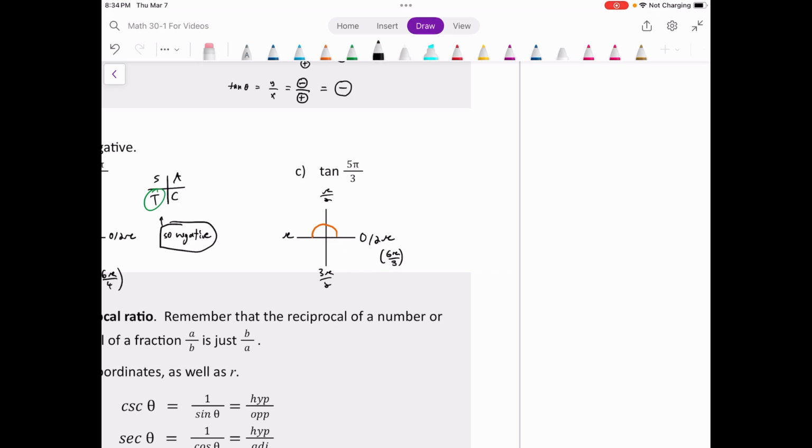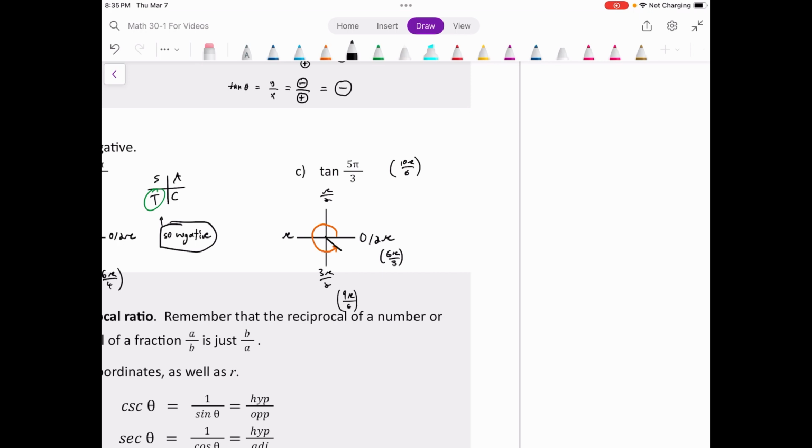Right? 3 pi over 2, if you want to express that as a fraction over 3, I guess you'd have to get a common denominator there, wouldn't you? 3 pi over 2, we could meet at 6, so this would be 9 pi over 6, and this would be, multiply by 2 over 2, 10 pi over 6. So we've gone past this 3 pi over 2, right? We can see that we are, like I said,